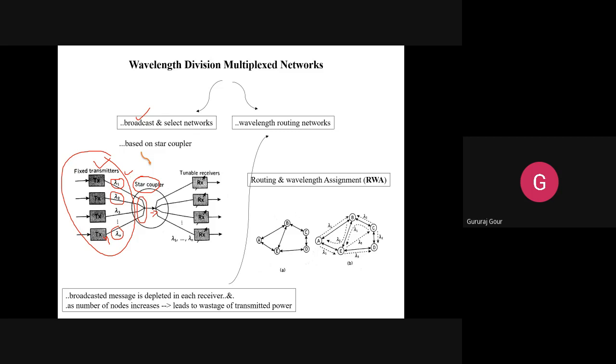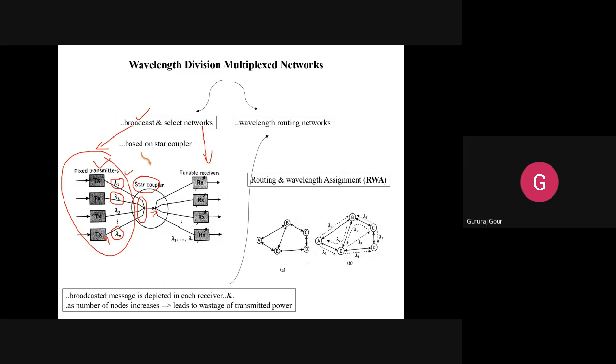So these are known as select networks. Here you get the broadcast concept. On one side you are broadcasting the signals from lambda 1 to lambda n. On the other side you are selecting these signals with the tuned receivers. That's why it has got the name broadcast and select networks using star coupler.